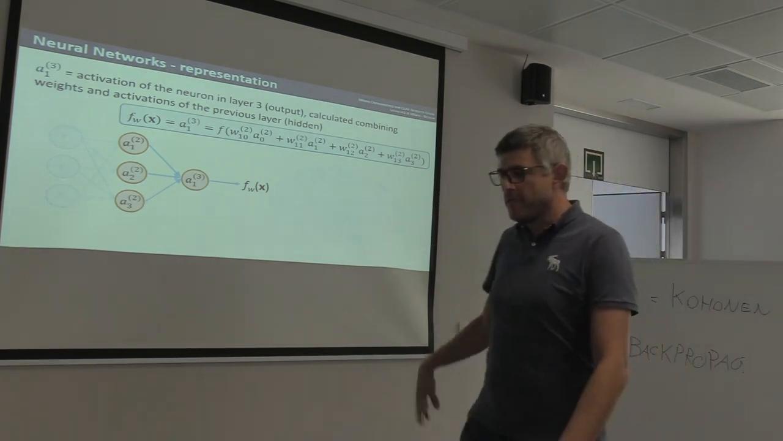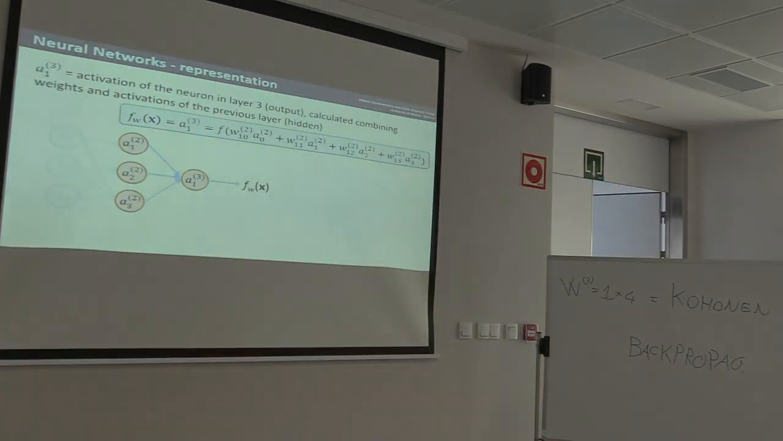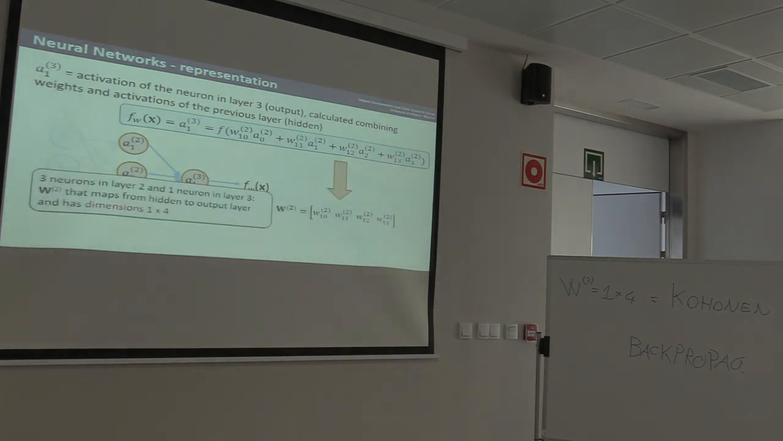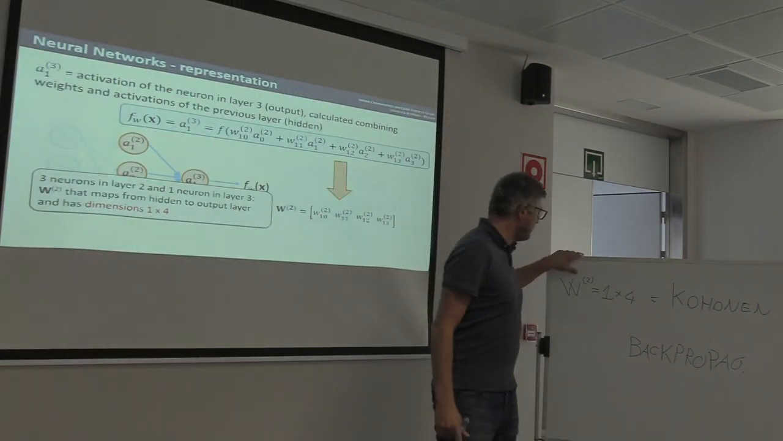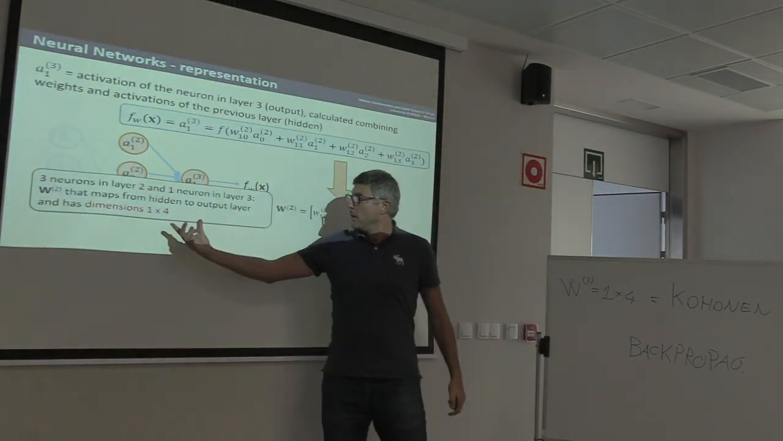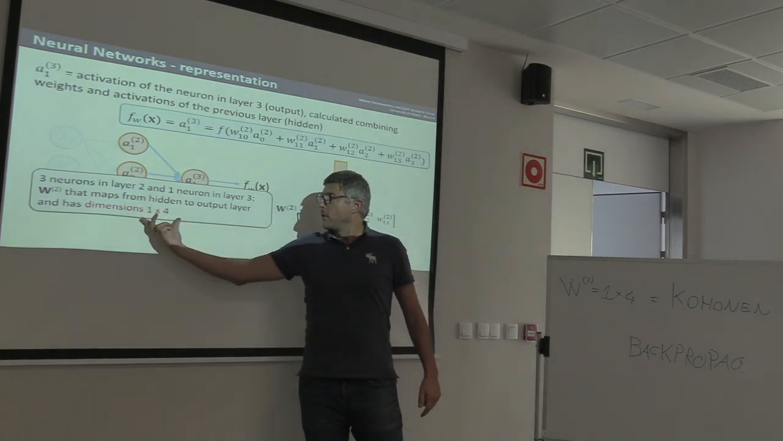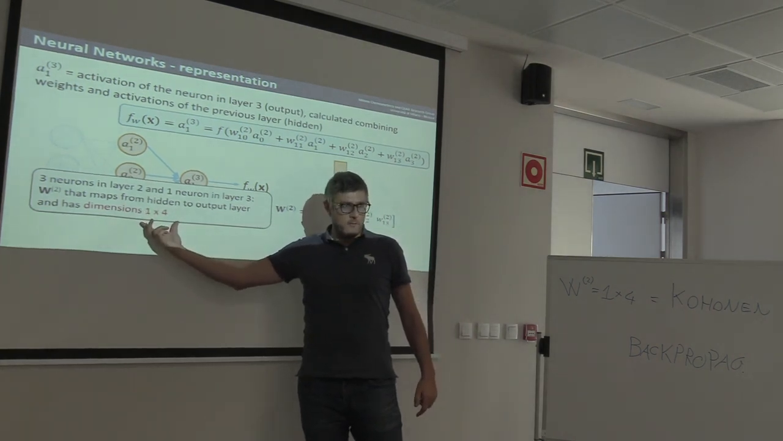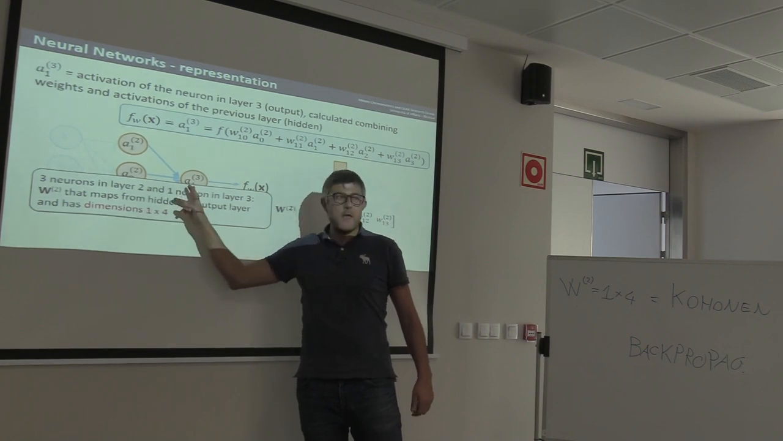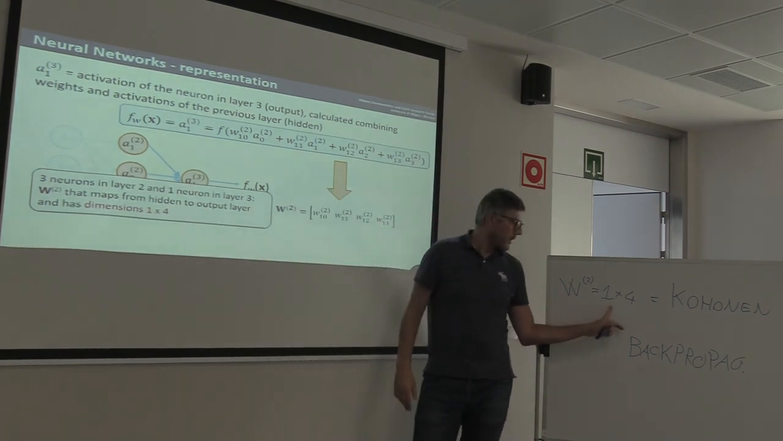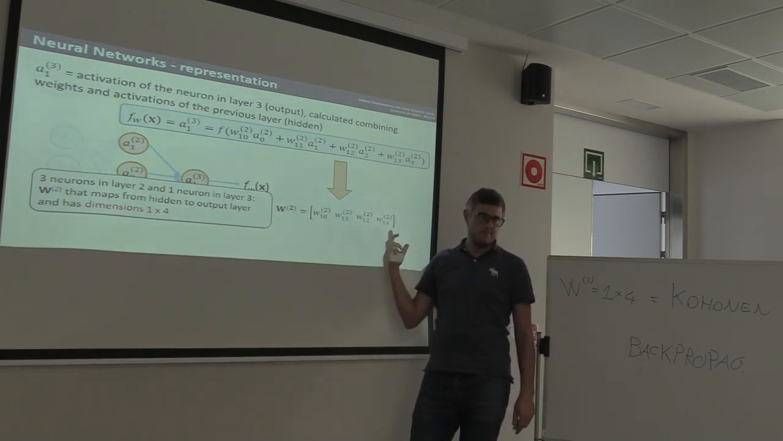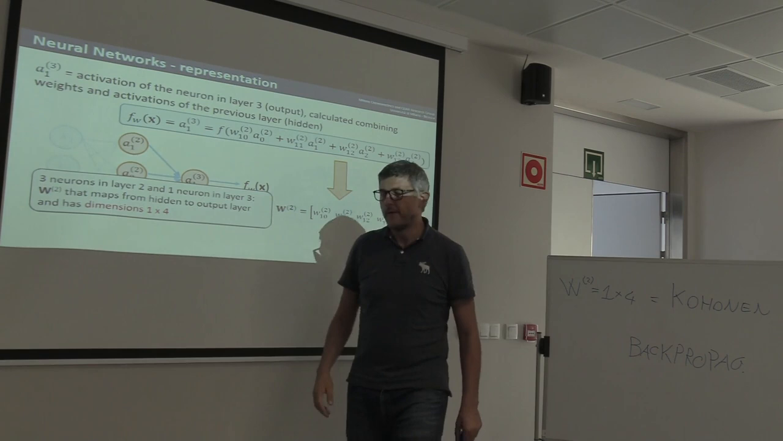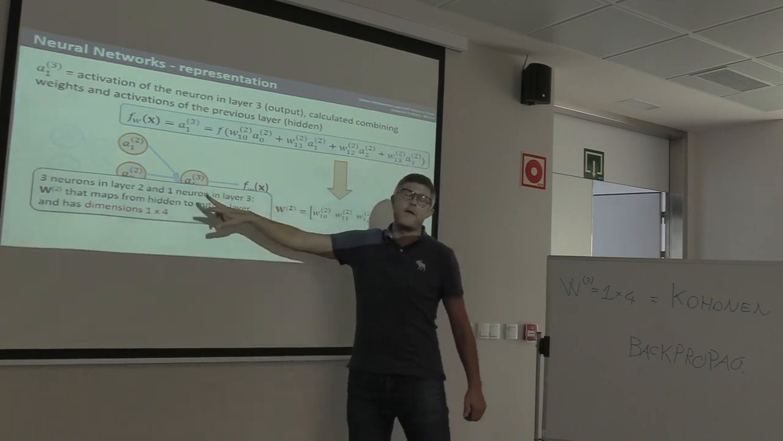Can you see there? I don't know if I put it in the slides. We say that the matrix of the weights between the second and third layer has dimension 1 times 4, and this is the one. If we had two neurons in the output layer,